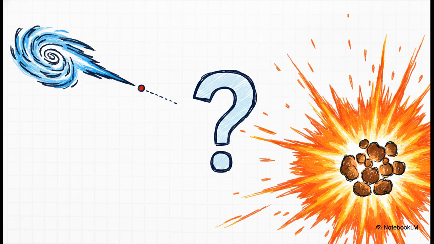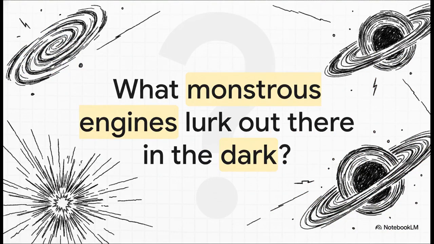Which leaves us with our final mystery. At the extreme top end of the energy spectrum, our local supernovas fail us. The culprits have to be something else entirely. If these ultra-high energy particles are protons, they might be getting fired from the blindingly powerful relativistic jets of massive active galactic nuclei millions of light years away. But if they are heavy iron nuclei, they might be generated by unique, hyper-energetic, and currently unknown events much closer to home. And that brings us right to the very edge of human knowledge.